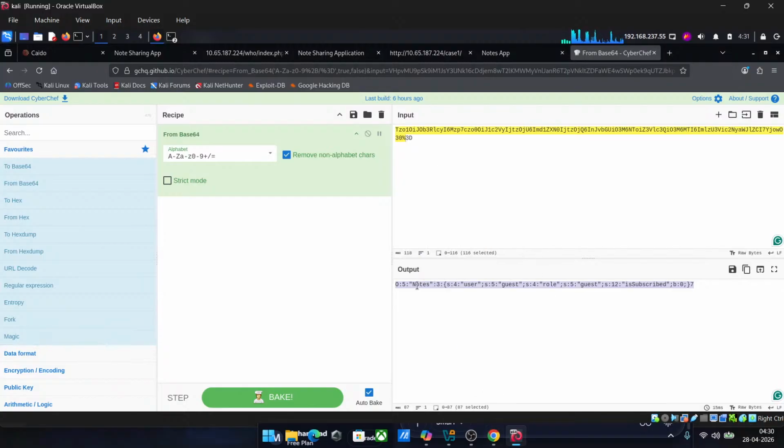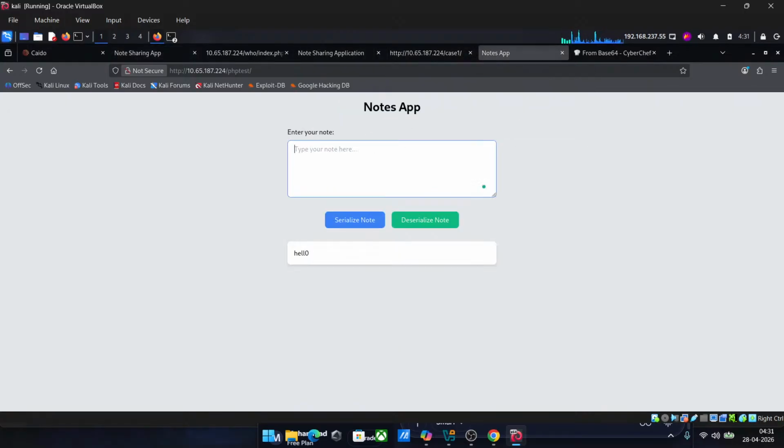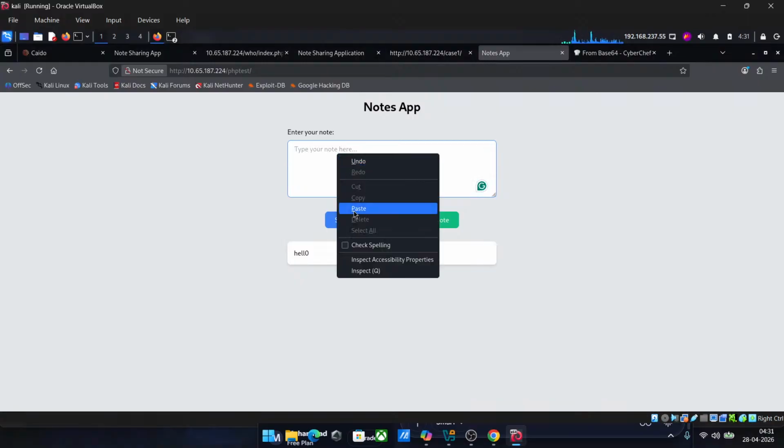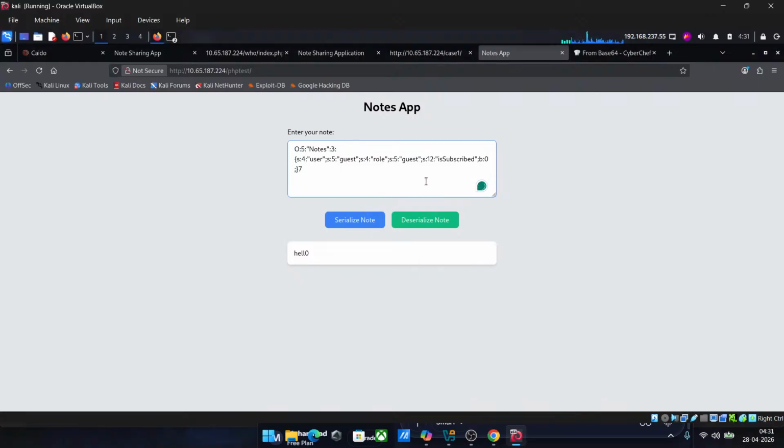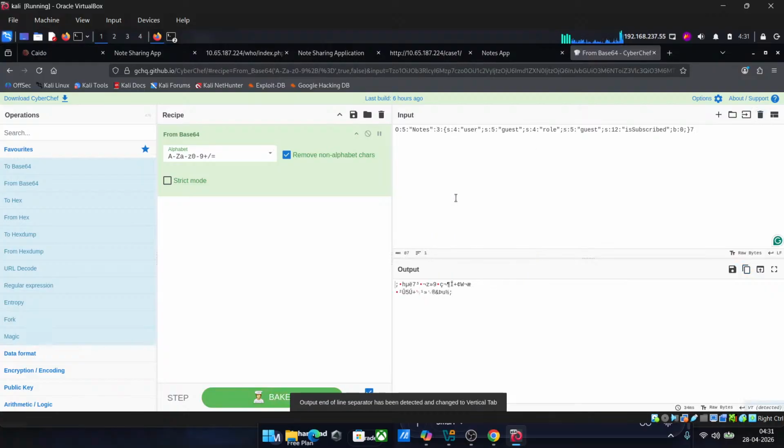Copy. Now let's go. Several window 18. Paste. And it will be